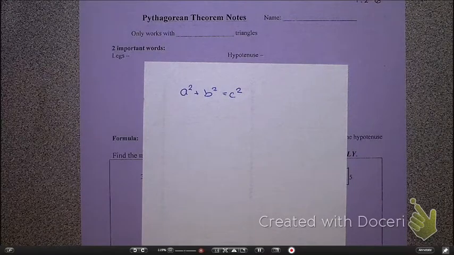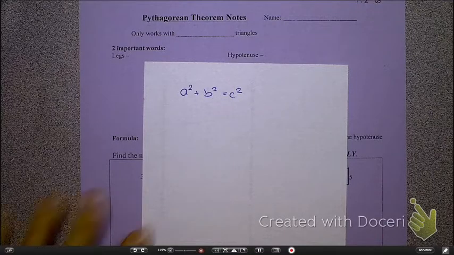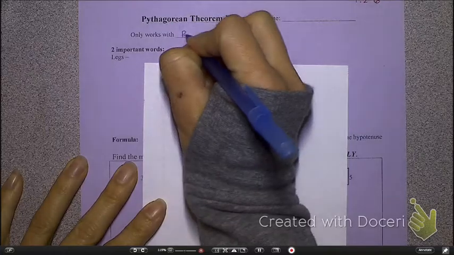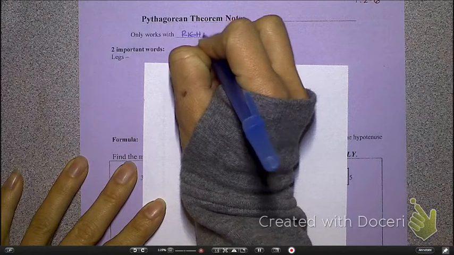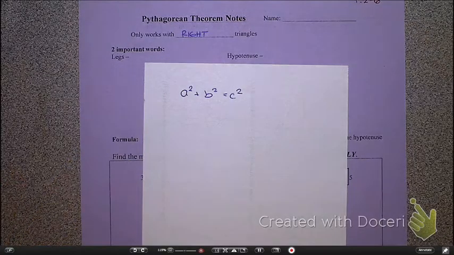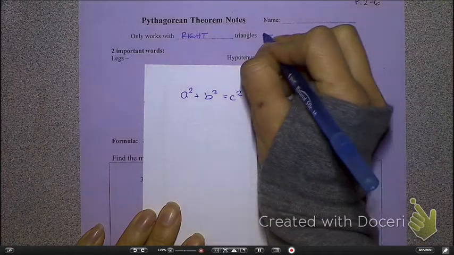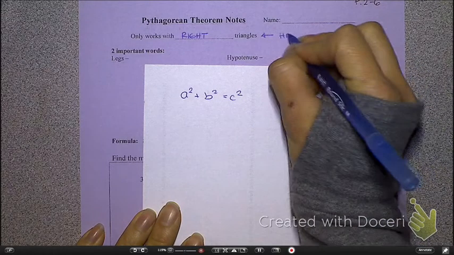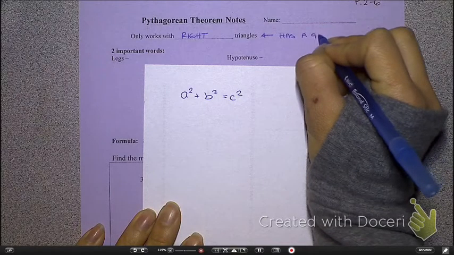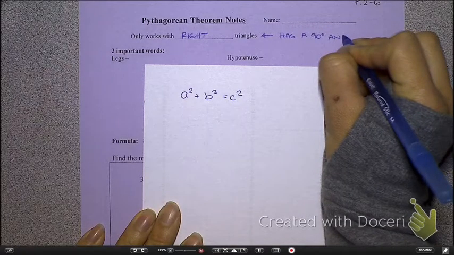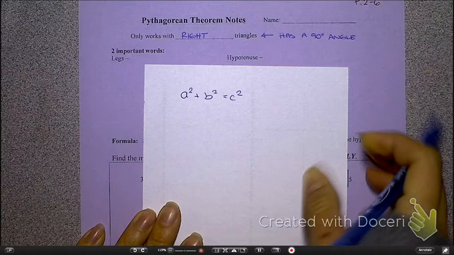Does anyone remember what type of triangle Pythagorean Theorem deals with? Right triangles. Good. Okay. So Pythagorean Theorem works with right triangles. And specifically, what does it mean if a triangle is a right triangle? It has a right angle, which a right angle has how many degrees? Okay. It has a 90-degree angle. Good. Okay. All right. Now,